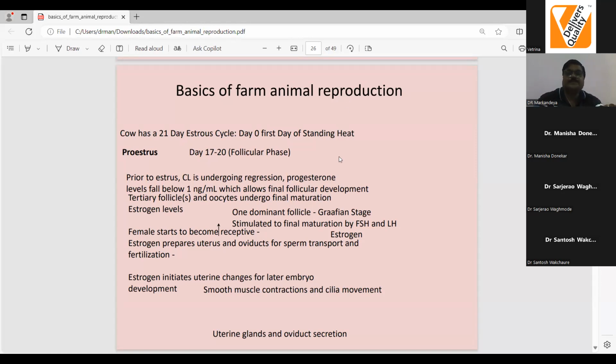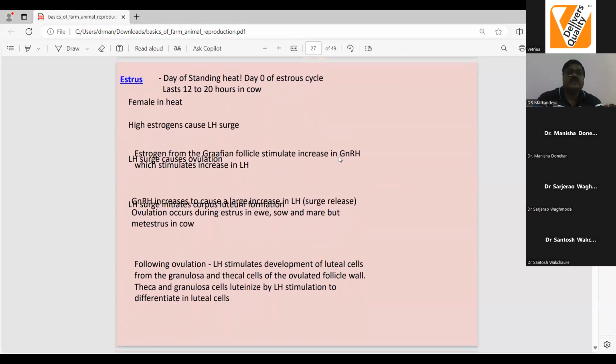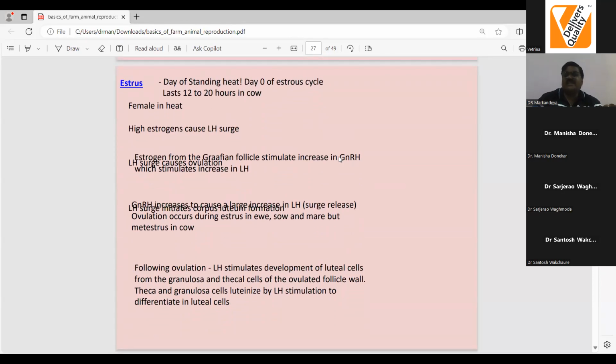Next one. Estrus, we know that it is a behavior of estrogenic activity, or expression of estrogenic activity. A dominant follicle must be available for expression of the estrus. Estrogenic activity is expressed by vascularity, muscularity, tonicity, and glandularity. Clinically, these are the 4 important things: vascularity, muscularity, tonicity, and glandularity. We can explain everything with this.